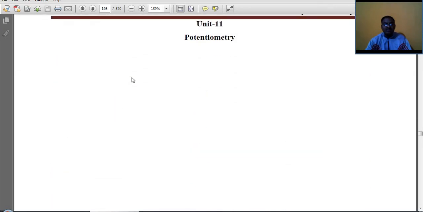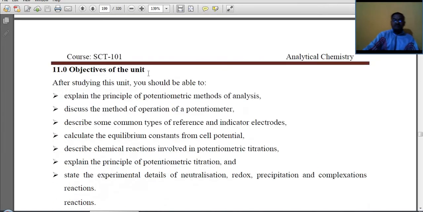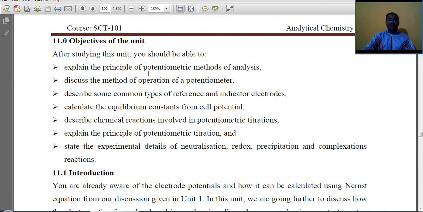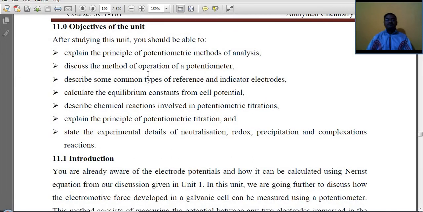Next, unit 11, potentiometer. We learned the concept of colorimetry in the previous slides. Now we are going to discuss unit 11, potentiometer. From this unit, the objectives are the principles of a potentiometric method and operations of a potentiometer, describe some common